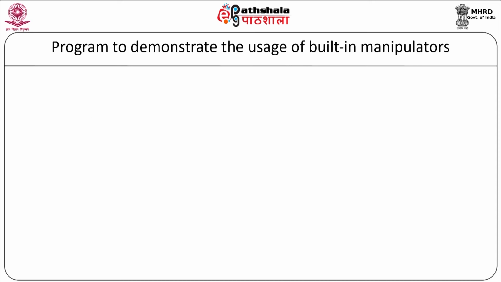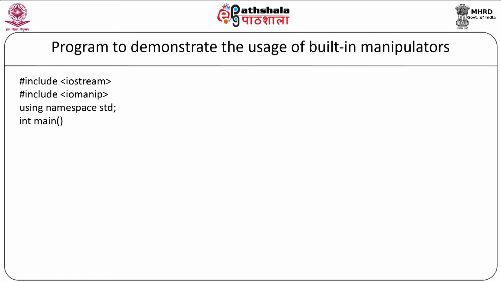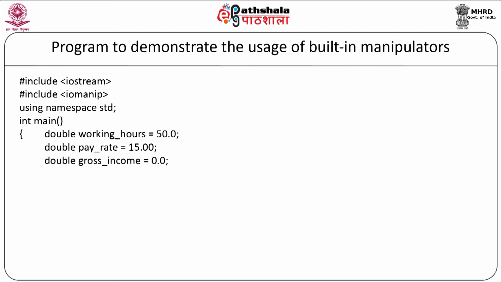Now let's see a program to demonstrate the use of built-in manipulators. We'll start with the program: #include <iostream>, #include <iomanip>, using namespace std. Now we are going to make use of different manipulators in this particular program. We'll start with the main function: int main, double workingHours equal to 50.0, double payRate equal to 15.00, double grossIncome equal to 0.0, cout << fixed << showpoint, cout << setprecision(2),